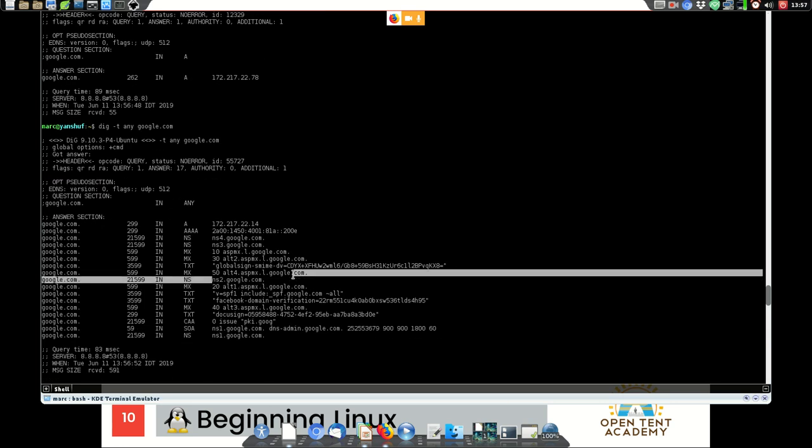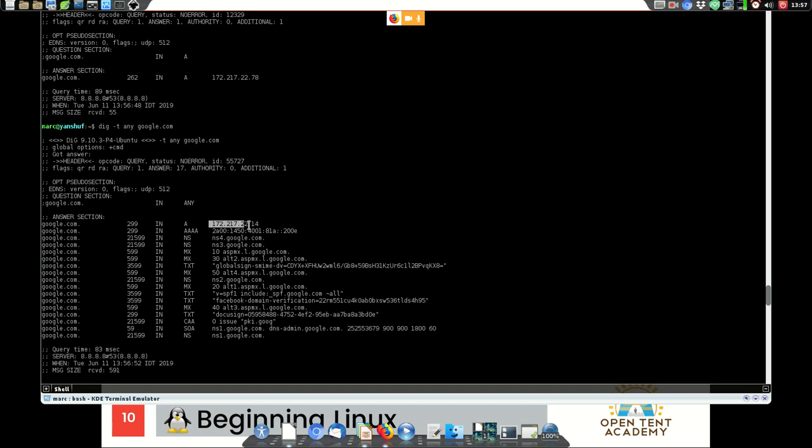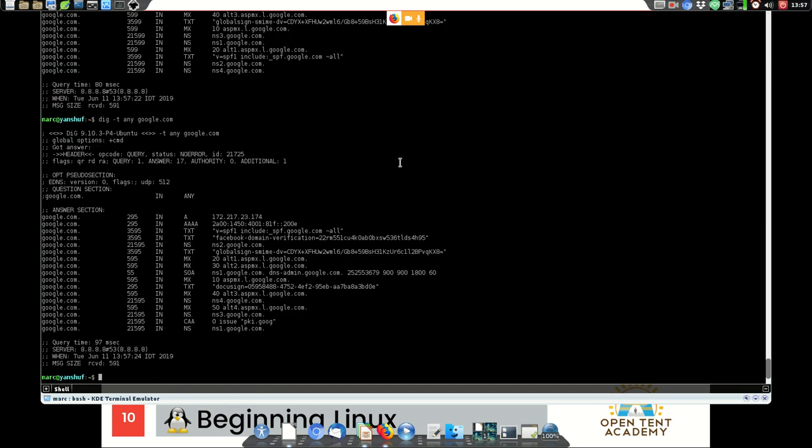ns1.google.com says, oh yeah, I know where it is. It's at 172.217.22.14, and that IP address says, oh yeah, I know what to do with this IP address, and it serves you Google's homepage, or words to that effect. I'm oversimplifying it because Google is obviously a tremendous mechanism, but suffice it to say that that's the basics of how it works. That's how it works for any website that you're going to set up and any domain name that you buy. Okay, so that's whois.